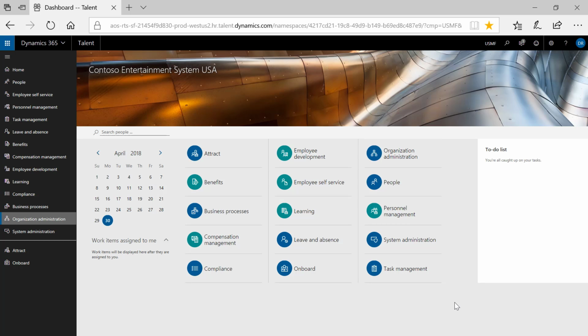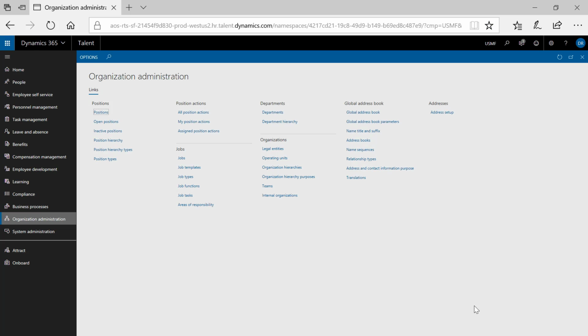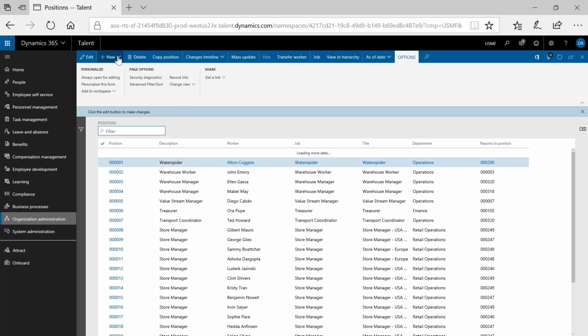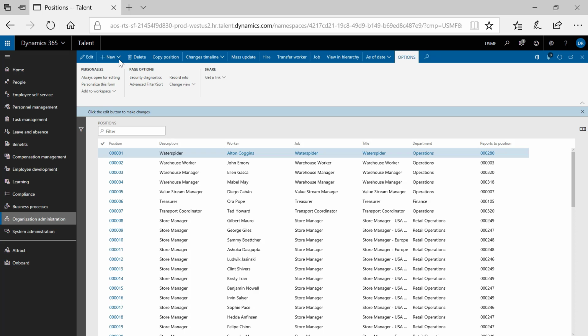So to do that, it's pretty simple. From the dashboard for Dynamics 365 for Talent, we are going to click the Organization Administration workspace. And then once this page opens, we are going to click Positions under Positions. Once this form opens, we can click the New dropdown in the action pane, and we can add a new